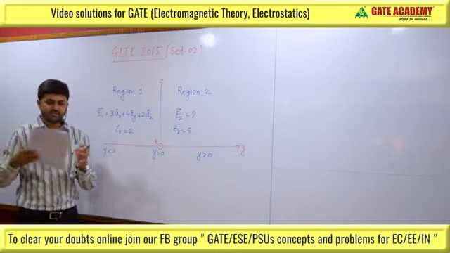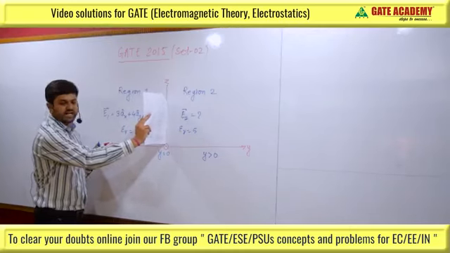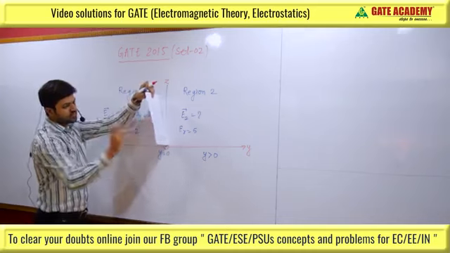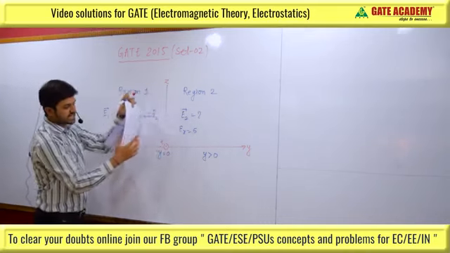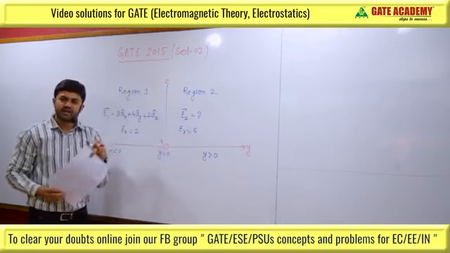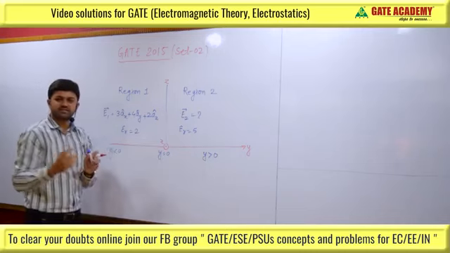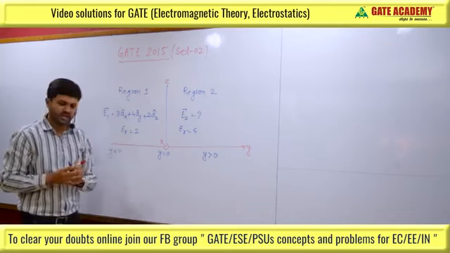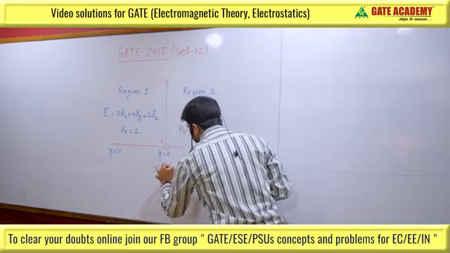We can say that we will have a plane like this, which divides the two regions, region 1 and region 2, and from this side we can see only this line, which is our z axis, and this line is nothing but the x axis. So y equal to 0 means we have the x z plane as interface. So y equal to 0 means x z plane.